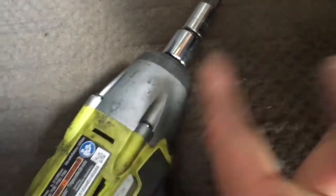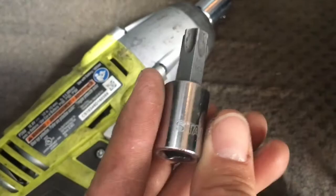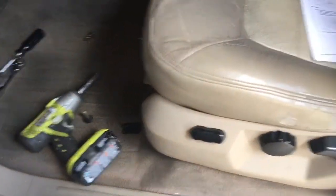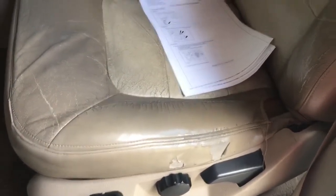They're Torx head bits. Using an impact with a number 55. It's a little loose on that 55. That's why I went with the impact, so I would hopefully not strip the bolt or the Torx head bit. So I'm going to pull this seat, hopefully just kind of slide it out of the way, just enough to